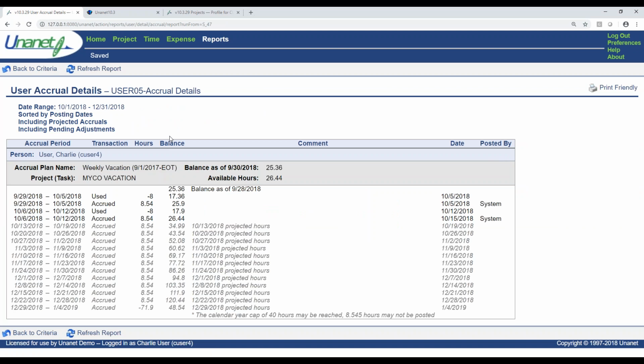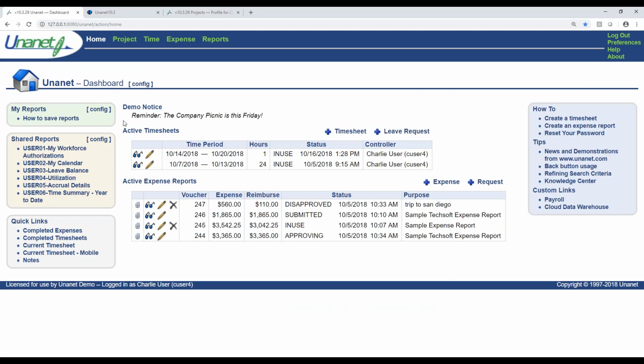And I can also see my leave accrual. So we can build leave accruals into your Unanet, which will show what your current balance is, right? Your available hours as of this time. But you can also see what your forecasted leave will be. So the leave accrual plan is built into Unanet, and I can see if I do not take leave, what my forecasted leave balance will be as of a certain date in the future. And so that's really nice. It tends to take some of the burden off the HR team, and the end users can go right into Unanet and see some of this information. So that's really nice. And they can also see all their completed timesheets and expense reports if you'd like to see it.